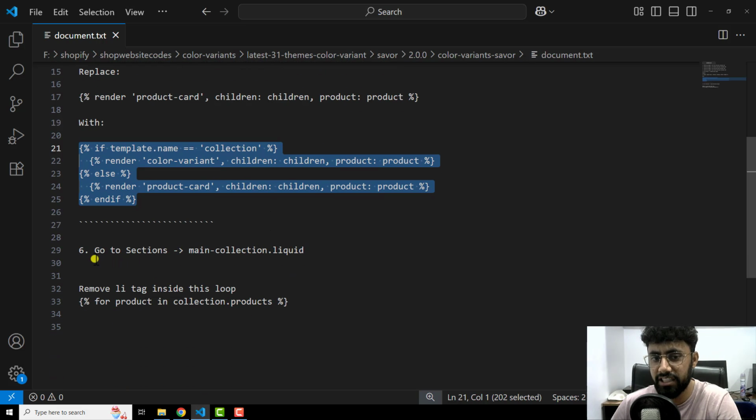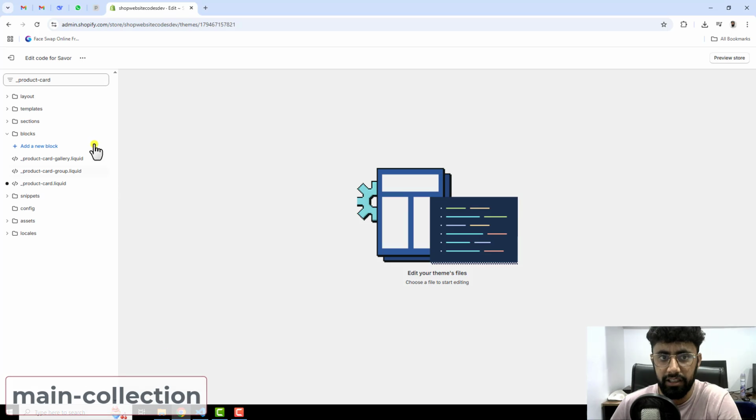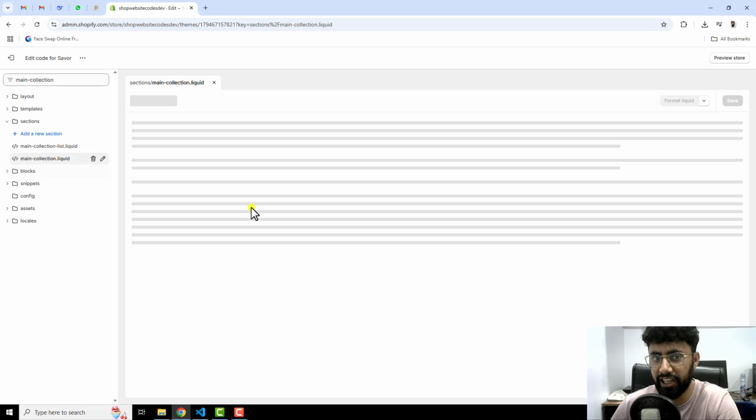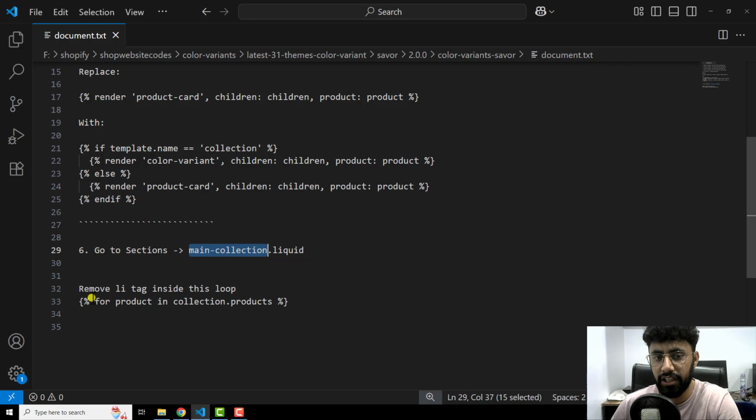Now we have the last and final step, which is the sixth step. So let's go to sections and open main-collection.liquid. So let me copy it and let me search it right here, main-collection. So you can see that under collections we have main-collection.liquid, and inside of this file we need to search, actually we need to